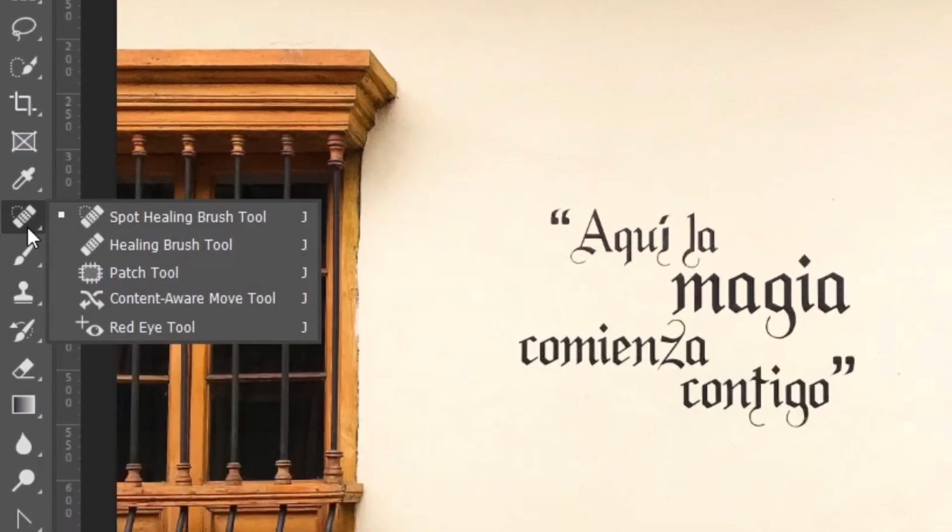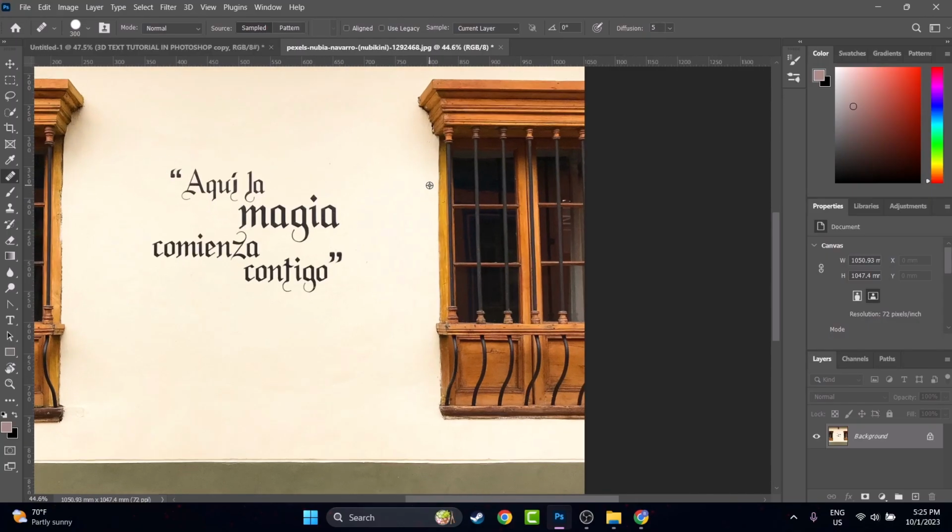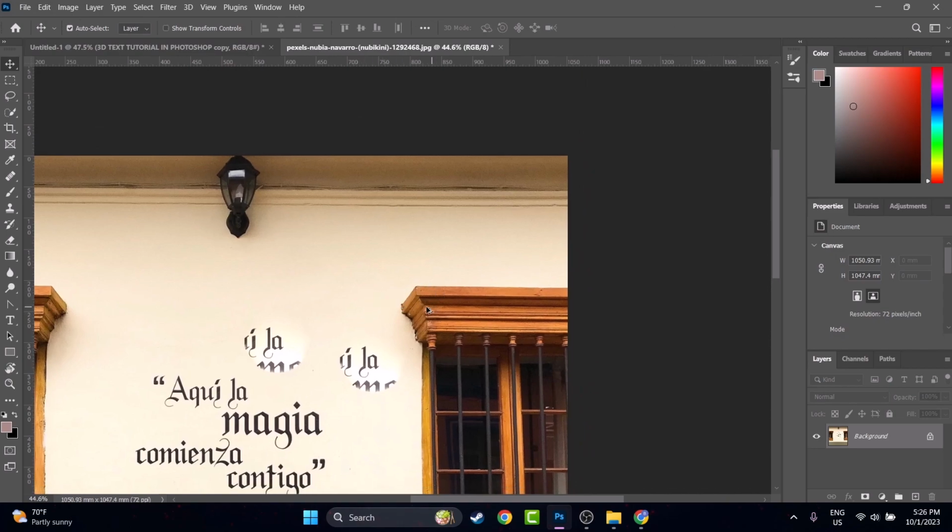Now you can also right click on this, and let's try the healing brush tool. What this does is, with Alt and click, you will take a source like this one or like this one, and you can colorate everything. This is much different, but this will help you in other situations. For example, I am Alt and clicking this way, and I just took that source. As you can see, if I'm holding the click, you can see this cross. It means that my source is right here. And in this case, let's Alt and click here, and I just took that thing and I can place it